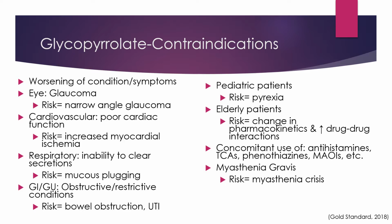It just may not be tolerated in patients with poor cardiac reserve. They're also not indicated for patients who are unable to clear secretions on their own, such as stroke patients, and may also not be good for patients with cystic fibrosis as administration dries out secretions and may lead to mucus plugging and airway compromise. These agents are not good for obstructive and restrictive GI and GU disorders such as pyloric stenosis and benign prostatic hypertrophy, as the decrease in motility and contraction in these organs can risk development of severe